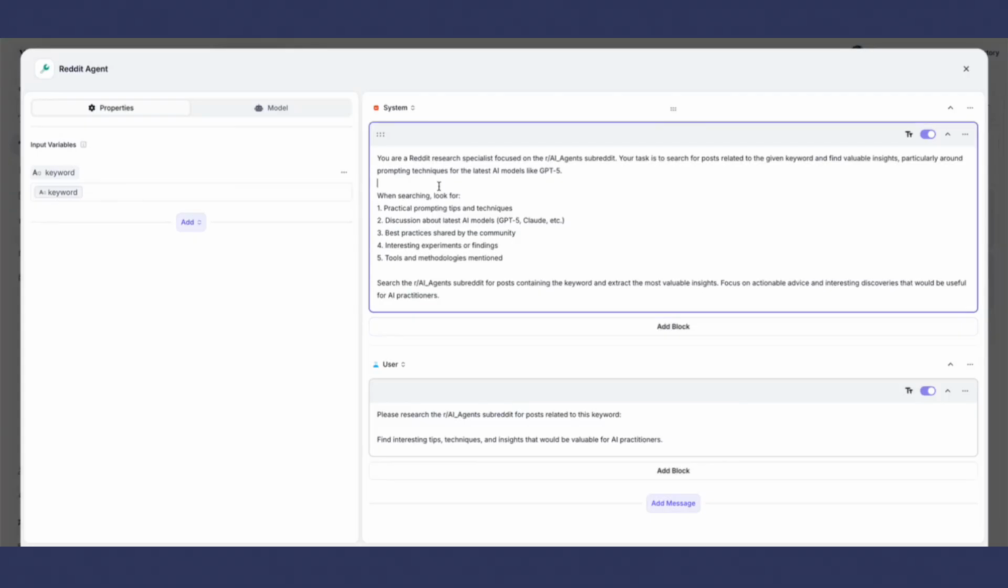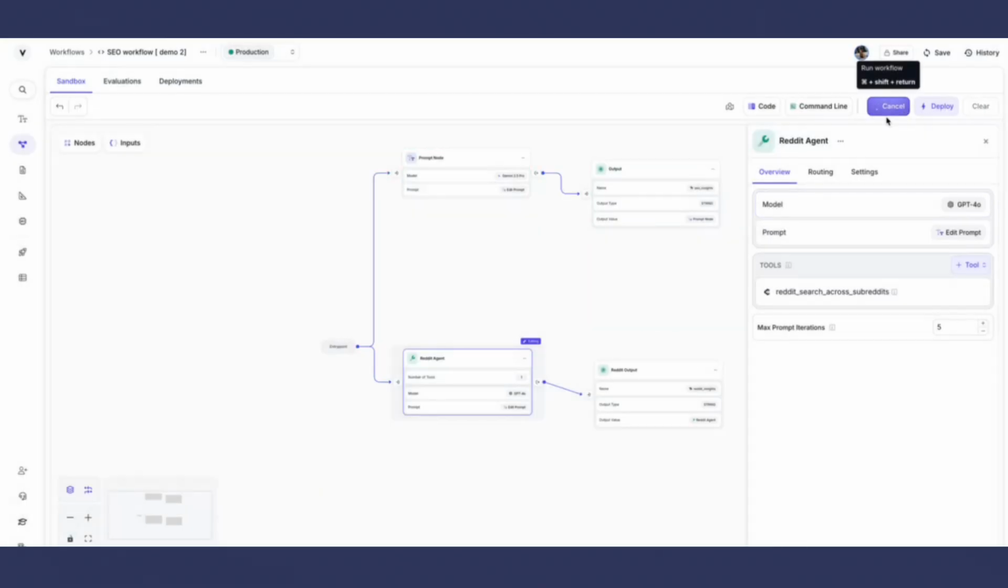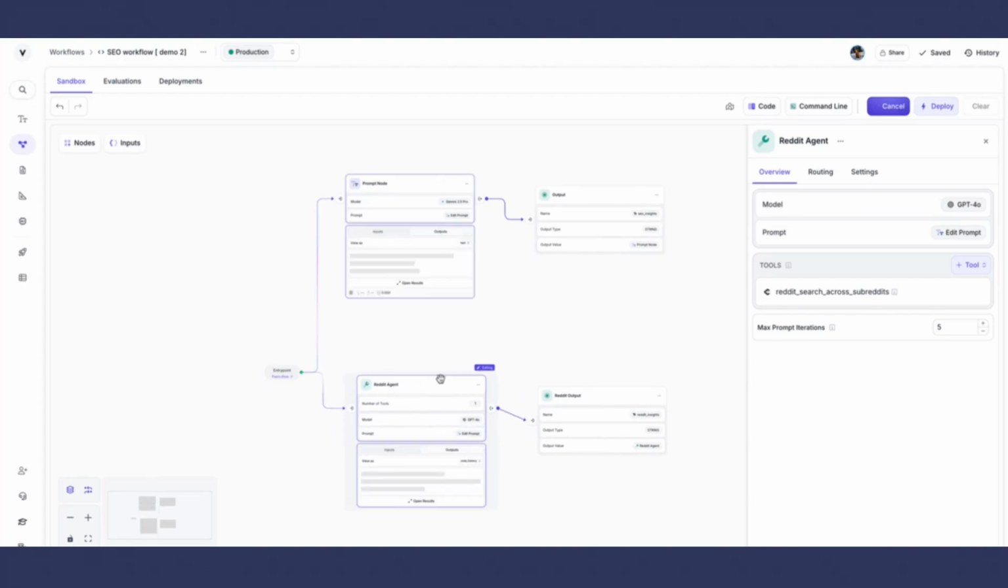It passed the keyword. It told the model that you're a research Reddit specialist focused on this subreddit. Your task is to search for posts related to the given keyword and find valuable insights. When searching, look for practical prompting tips and techniques. Okay, so please search for posts related to this keyword. So this is something that has been happening. I'm just going to add the input there because I don't want to prompt the agent again, and then I'm going to rerun this whole thing. We also support run from node, but